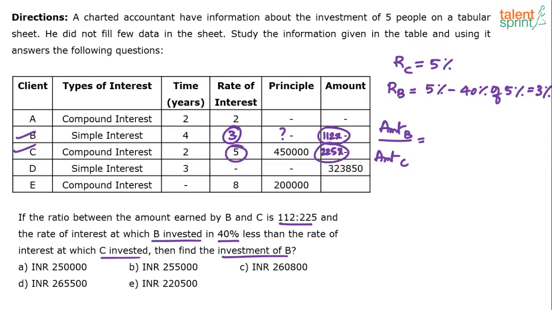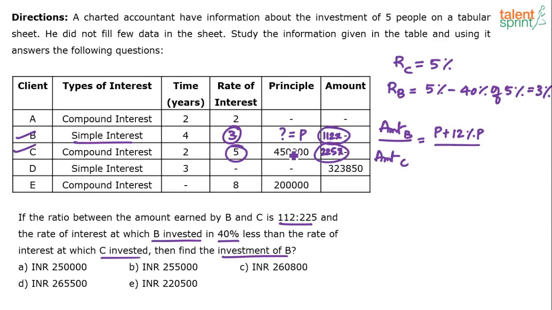Let's say this question mark is equal to P. I'm taking it as P. So amount of B will be P plus... It's a simple interest case. 3% per annum for how many years? 4 years. 3% per year for 4 years will give you how much interest? 12%. 3 into 4, 12%. So P plus 12% of P divided by